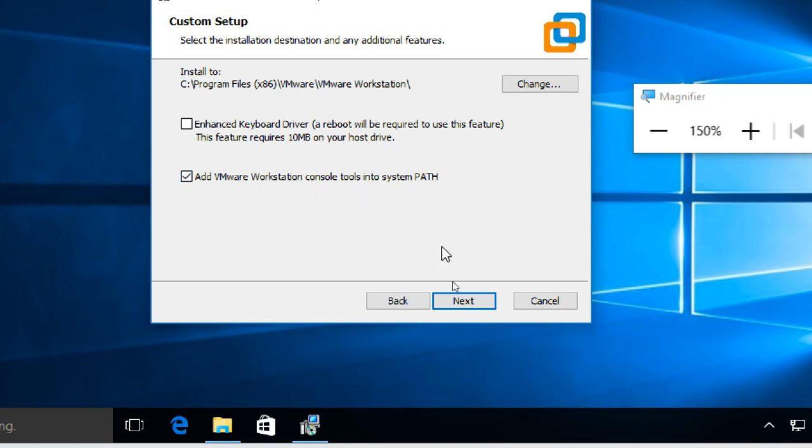So add VMware Workstation Console. Okay, check mark, no check mark. If the second one is not showing on your screen, no problem, don't select anything. Sometimes it is not showing. Here, the first one is showing, the second one is not showing. Got it? If it is not showing, don't worry about it, just go to next. Don't select this one. If you select it and get a problem, it's okay, we'll troubleshoot it later. Better not to select it. If you select it also, no problem.